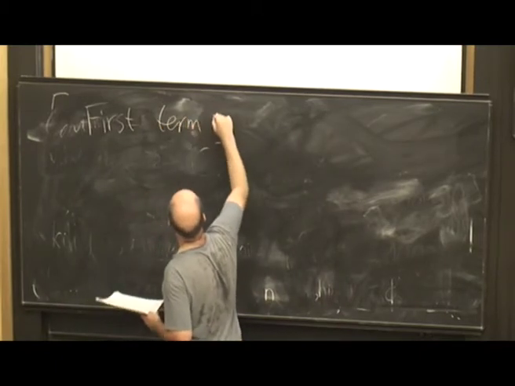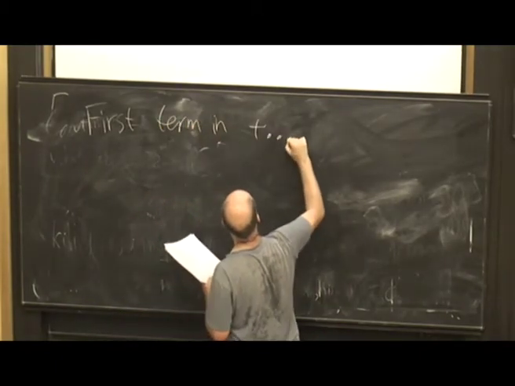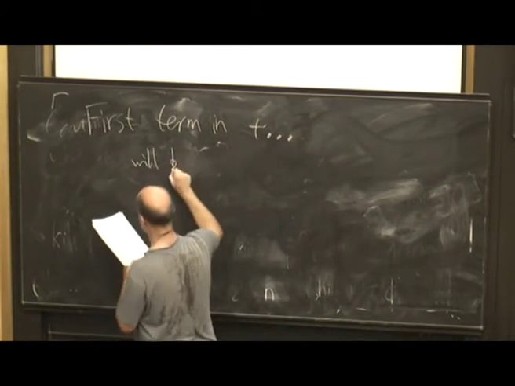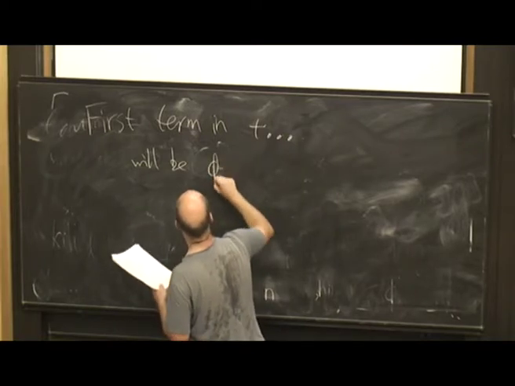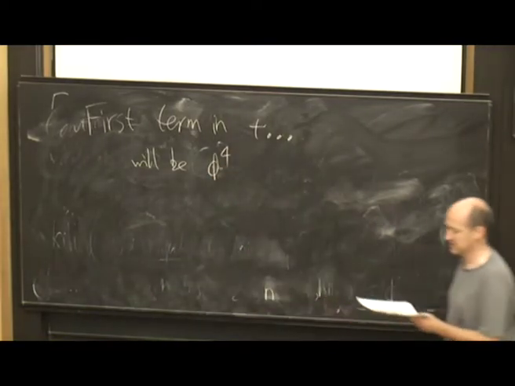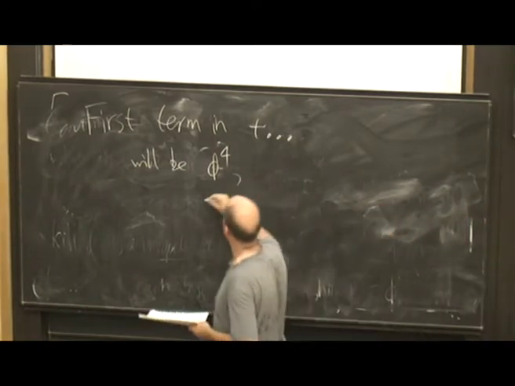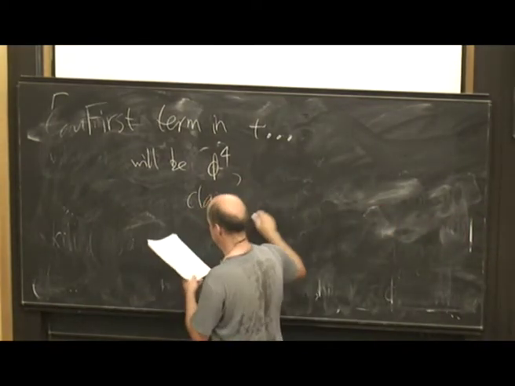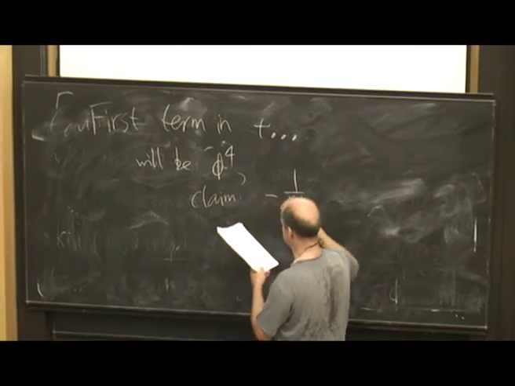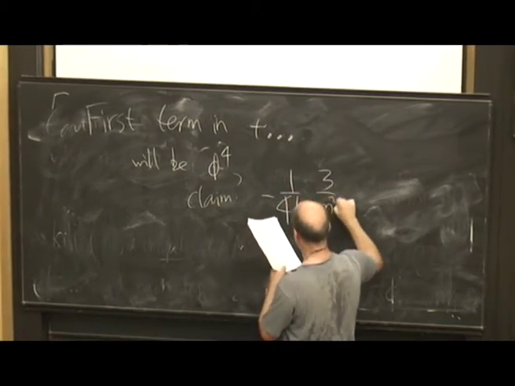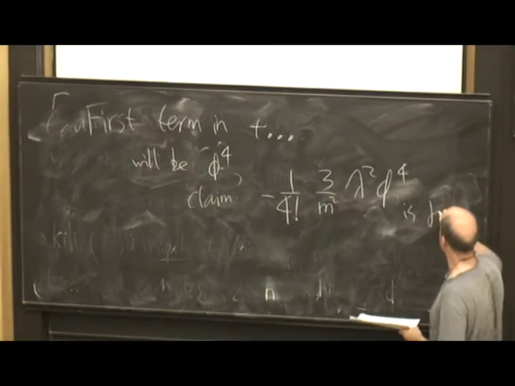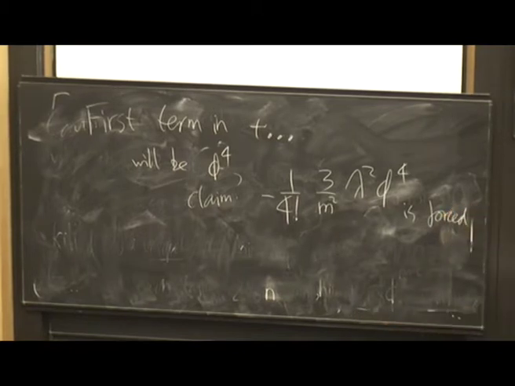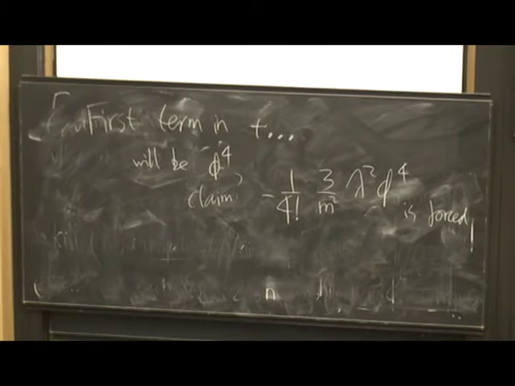First term in my plus dot dot dot will be a phi to the fourth term. And my claim is it's actually minus 1 over 4 factorial times 3 over n squared times lambda squared times phi to the 4th. So I'm claiming, and the exercise is to convince yourself that that's true too, that the unique